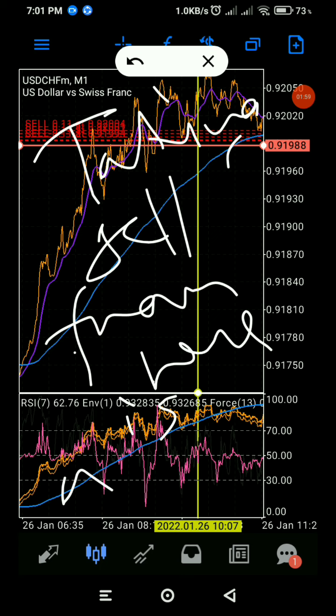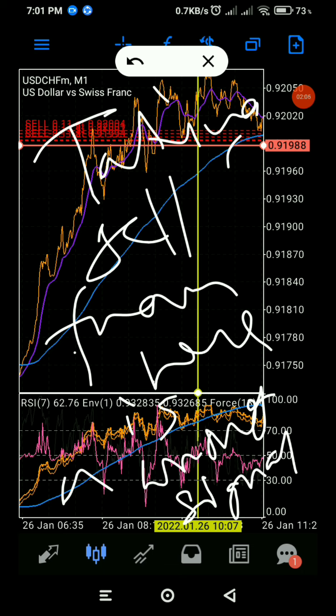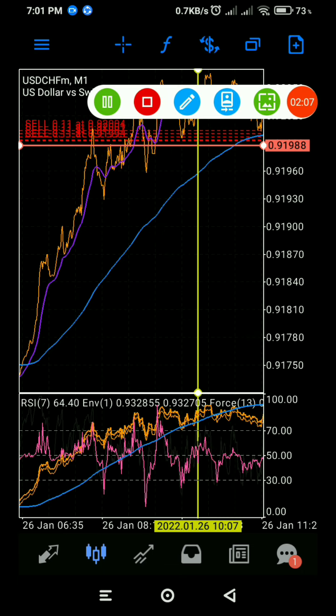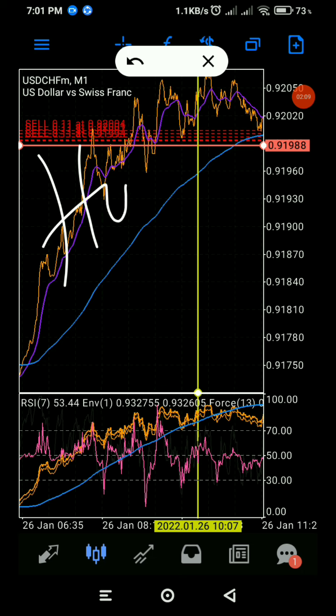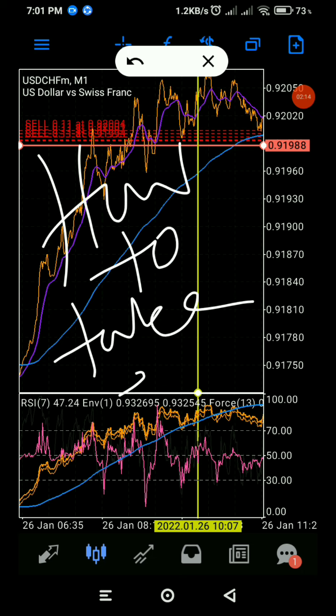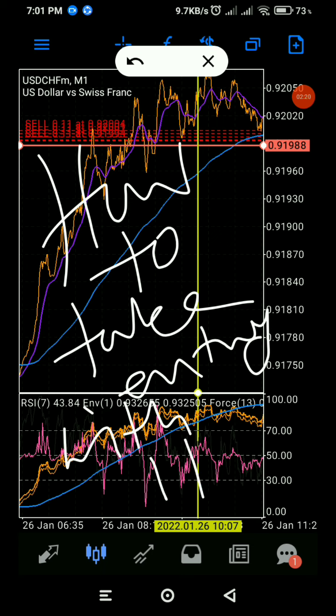As we didn't meet the confluence of other things, price is in great loss, our entry is in great loss. So I'm now explaining what is wrong with us